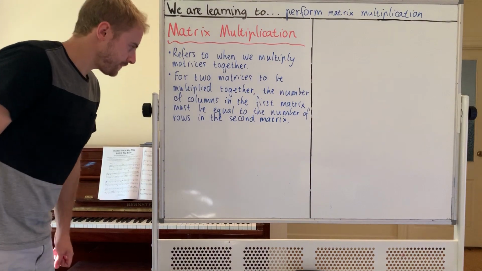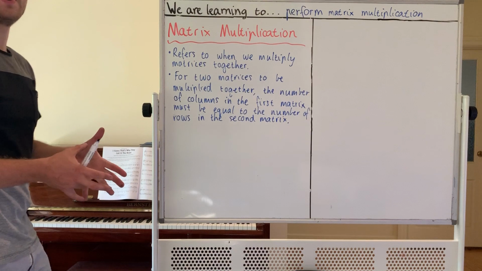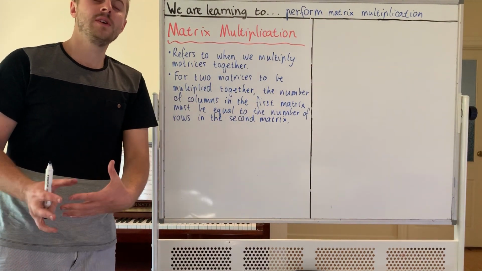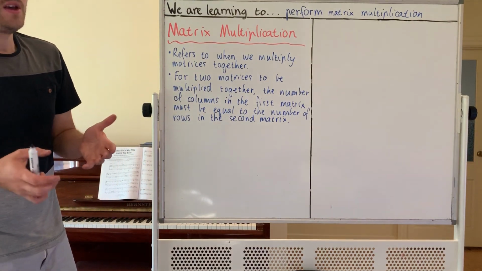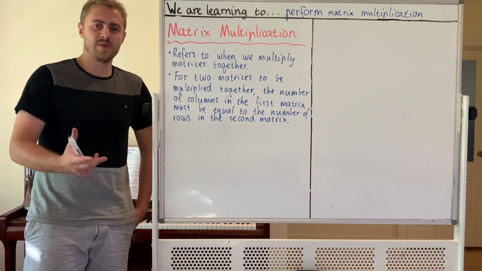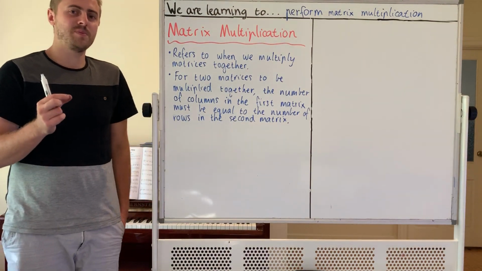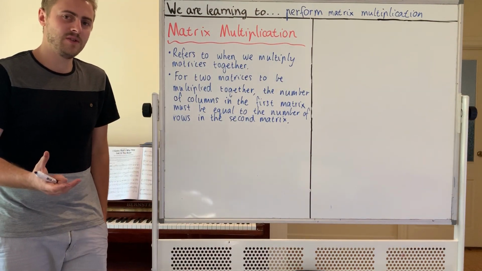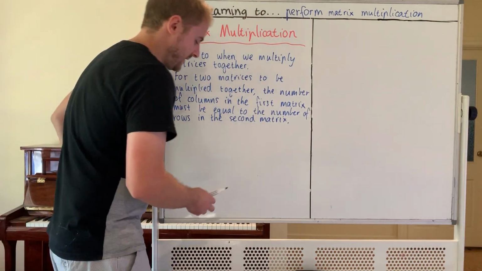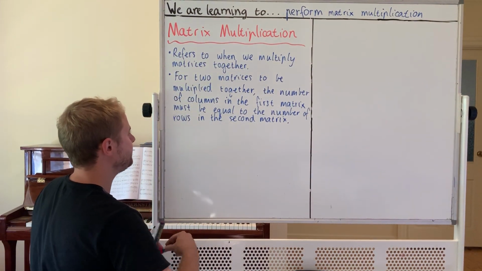All right, so this is our major rule when multiplying two matrices together. The number of columns in the first matrix must be equivalent to the number of rows in the second matrix. Now, normally with numbers, when we multiply them together, their order is irrelevant. 6 times 2 is 12, 2 times 6 is 12. That doesn't work that way with matrices. The order in which we multiply them is very, very important. In fact, it changes our answer in every circumstance. So we're not going to actually multiply those two matrices together, but looking at an example,